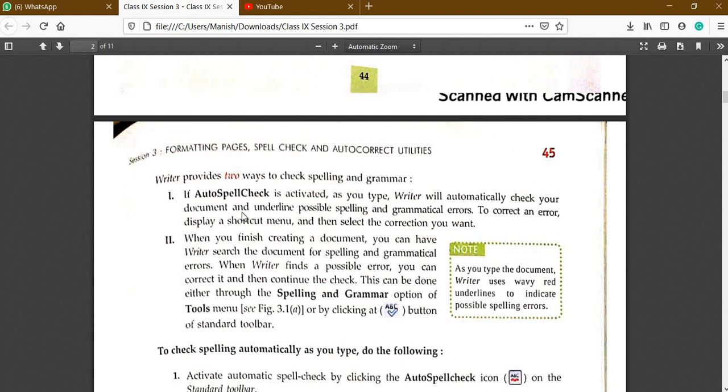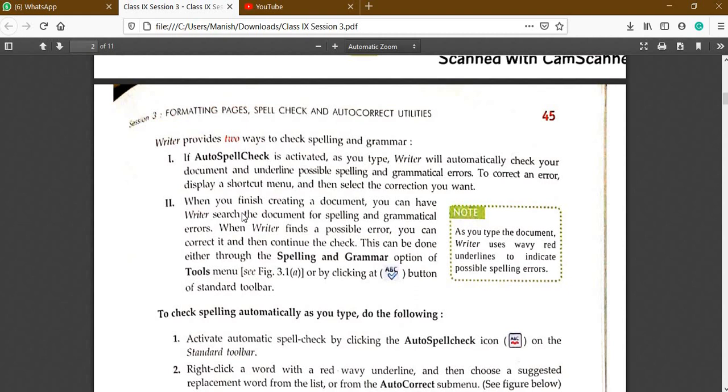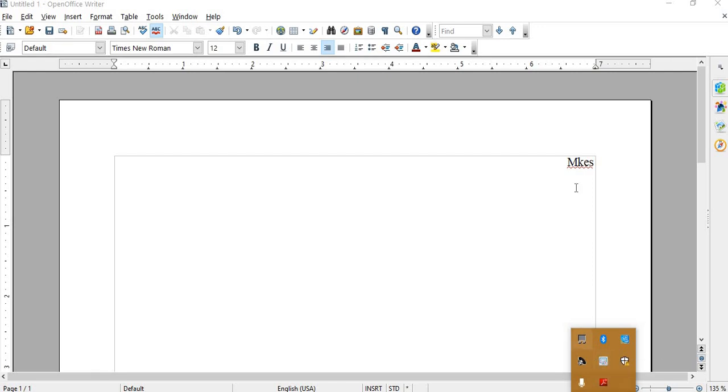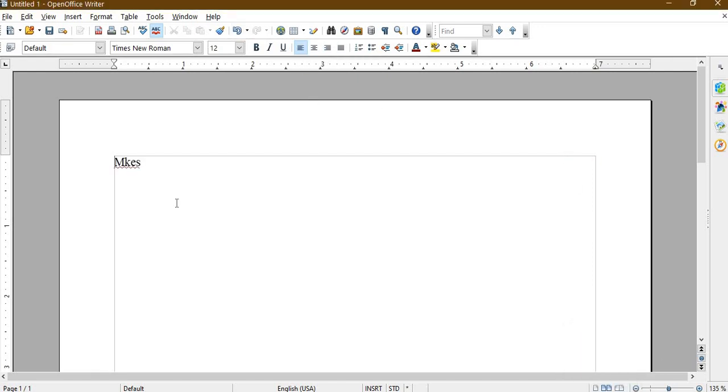So Writer provides two ways to check spelling and grammar. First is auto spell check, that is by default activated. When we type, Writer will automatically check our document. Suppose I am writing any arbitrary things, so here we can see it is showing an error.